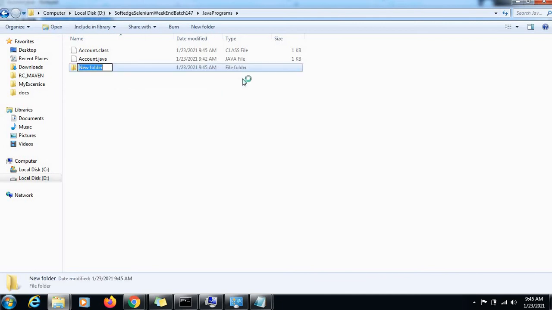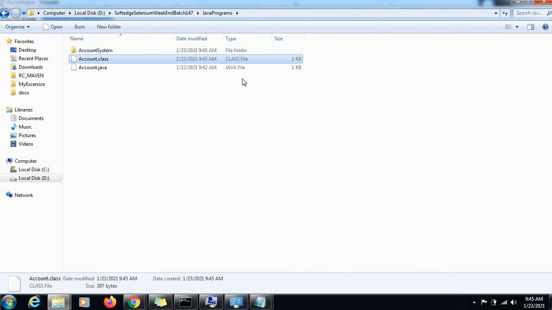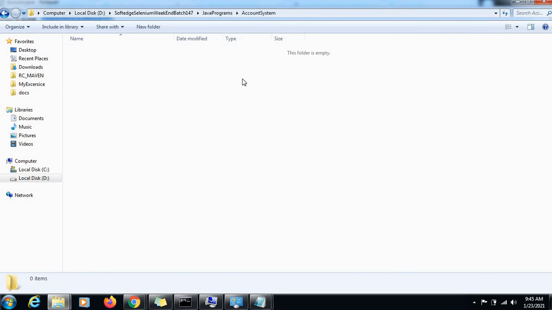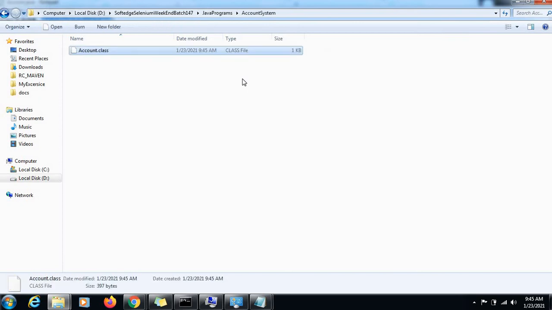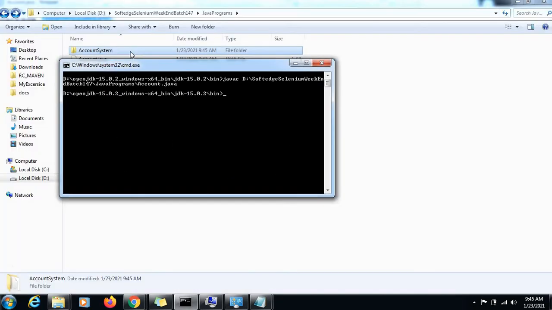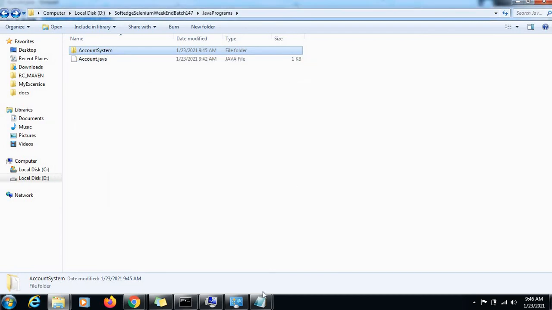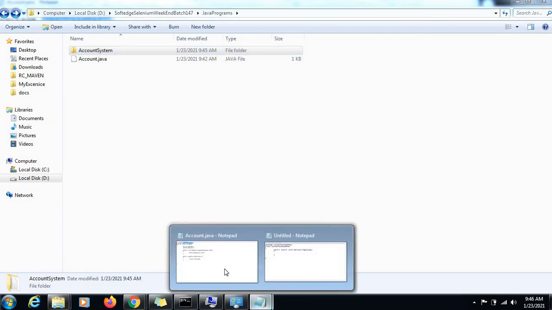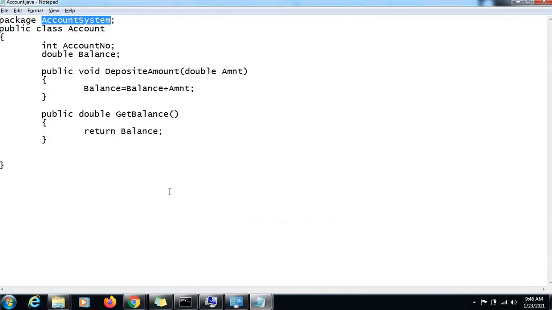So I am creating a package folder and I am going to cut this class file with Control X and shift it into the package folder. Okay, so I have shifted the class file into the package folder. So the class file of a class written in a package stays in its package folder, as we have already discussed, but I'm just revising the things for you.